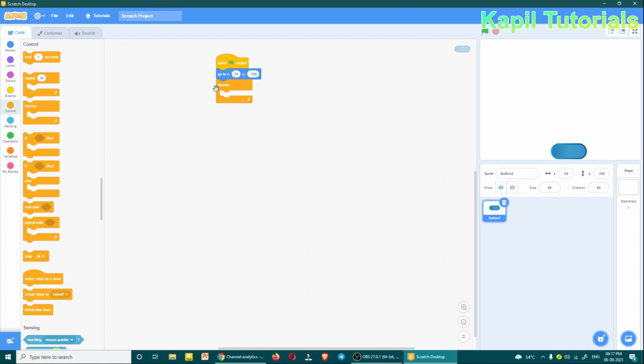And here now I have to use the sense command, and along with the sense command I have to use the if command, so that if I press the arrow keys on my keyboard, this program will work with the help of the keyboard. So firstly the if command. Already in control I have this if command.